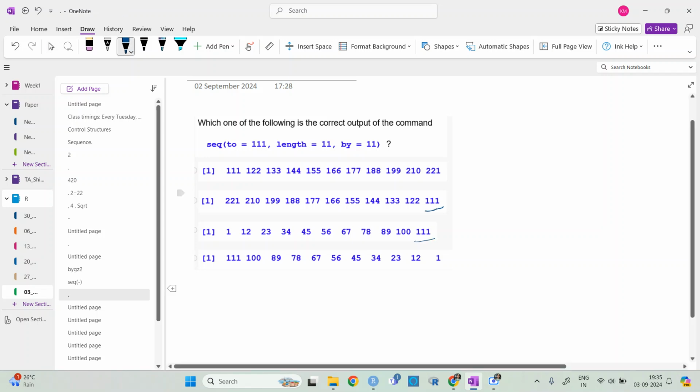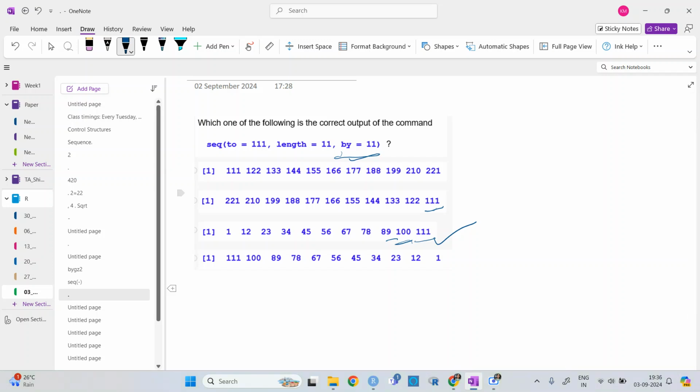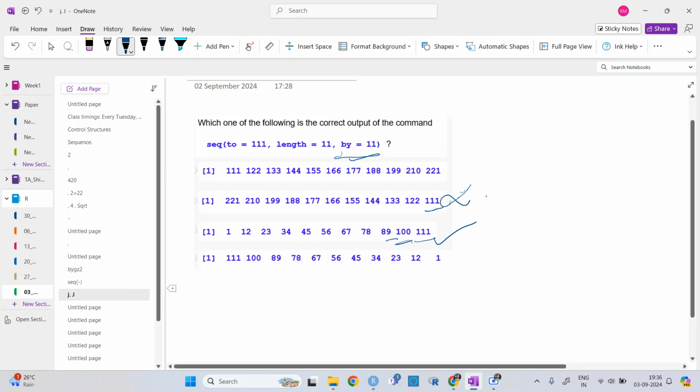So this and this can be the answer. Now what is given is by 11, so basically minus 11. So minus 11 is 189. So this will be the answer. Here it has done addition, which will not work because it is to, not from. So this will not be true. This will be true.